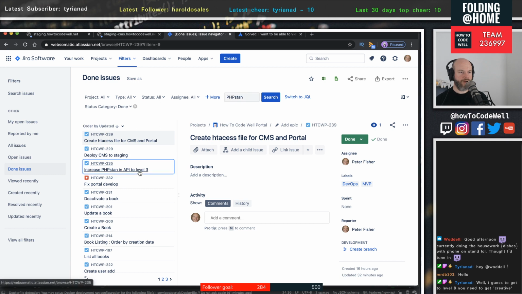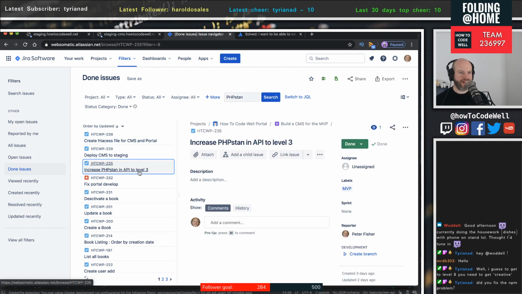Here we go, that's what I'm looking for. Increase PHPStan API to level 3. That's what we were hoping to do, but then as the gin started flowing, I decided to knock it all the way up to the top. So,